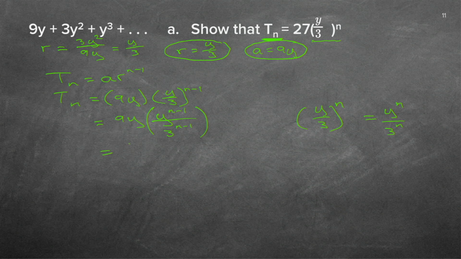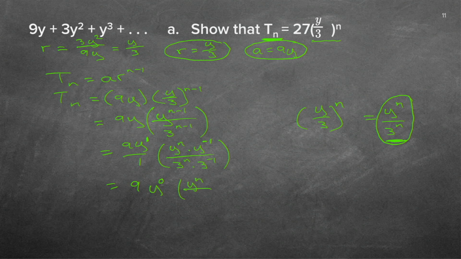I'm going to rewrite this sum. I'm just going to put the 9y over 1 because I'm working with fractions. I'm going to write y to the n times y to the minus 1. I'm going to write 3 to the n times 3 to the minus 1. Because if I do that, I got what I actually want. I want this y to the n over 3 to the n, but I do not want the other stuff. So what I'm going to do, I'm going to multiply the 9y, that little plus 1 there, and minus 1 there. Do you agree with me? It gives me 0. It gives me y to the power of 0, which is actually just 1. In the bracket, I'm left with y to the n.